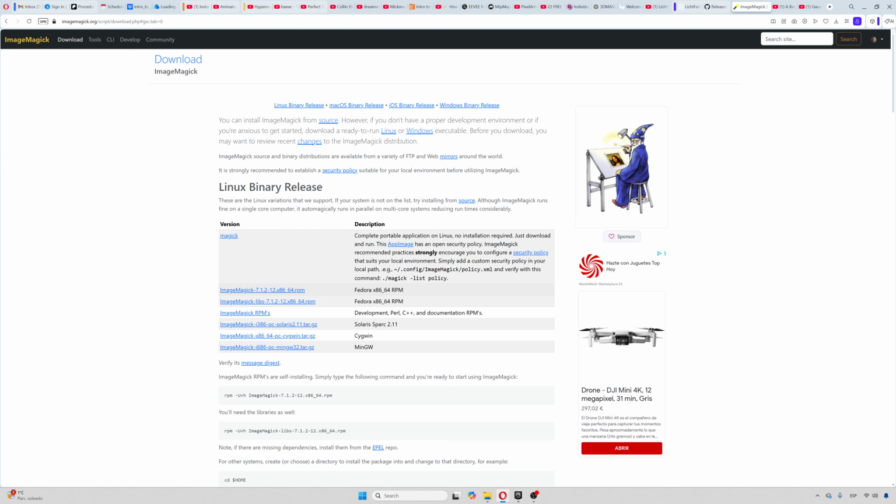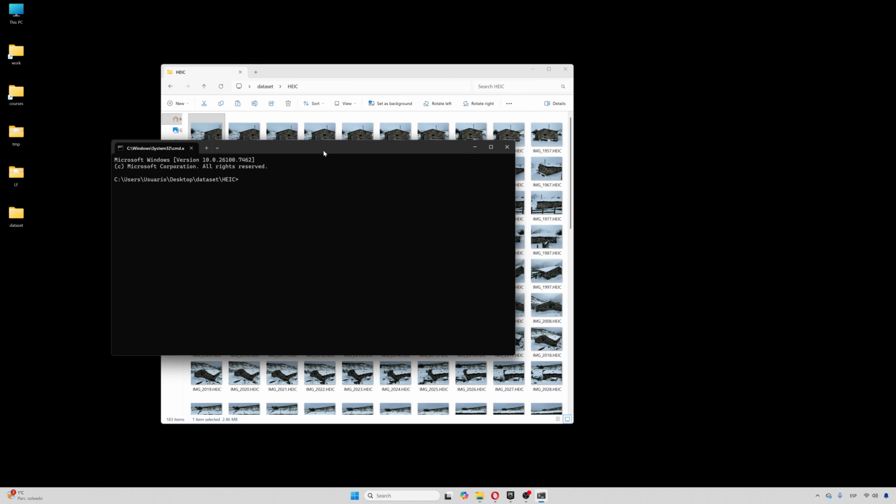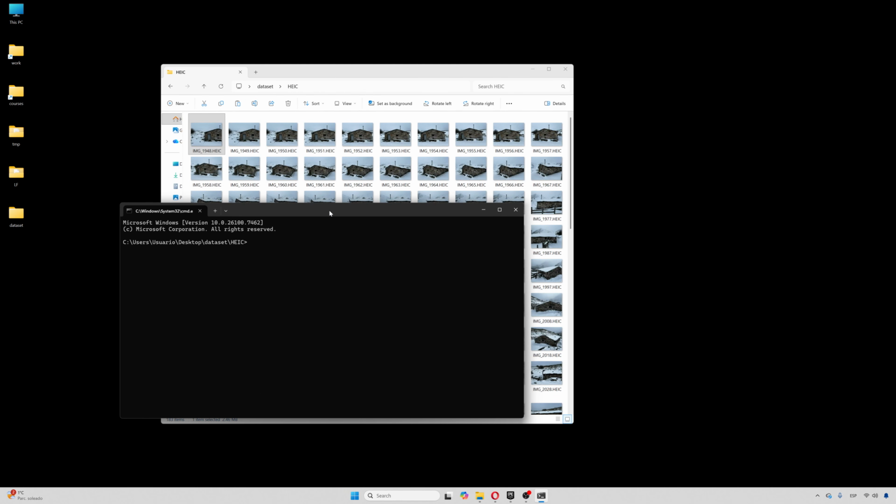download the latest version, install it. It automatically adds path environment variables, so you don't really need to worry too much about it. And once it's installed, from this folder you can run a command to convert the images automatically. So if you just type magick mogrify, then you use the flag format PNG or JPEG or whatever you want, and then you say something like